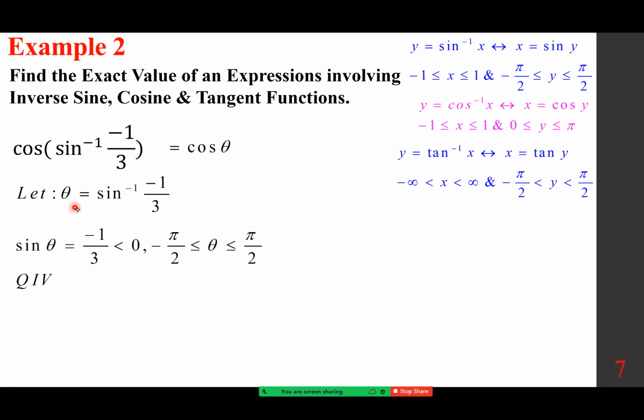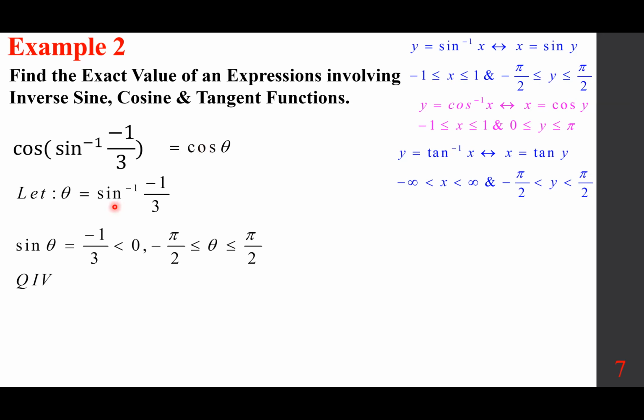And we know that sine goes from negative pi over 2 to pi over 2. If sine is negative, then it must be in the fourth quadrant. In the fourth quadrant, cosine is positive. So if we want to stick with the circle,